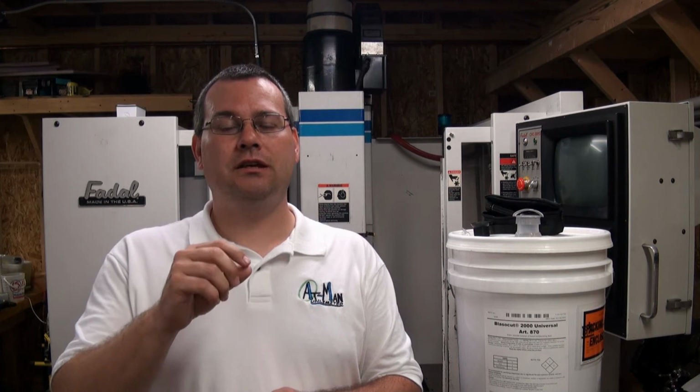Now, a lot of the synthetics and semi-synthetics, they're used more for exotic materials and more aerospace applications. The problem with synthetics and semi-synthetics is they typically are a little bit harsher on the skin, in my opinion, in my experience. So I steered away from the synthetics and semi-synthetics, and that's why I went with the natural mineral-based coolants. Now, the reason why I went with Blaser Swiss Lube, and I specifically use Blasocut 2000 Universal,